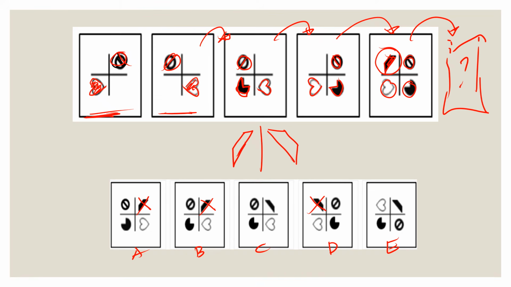Now, which among C or E do we choose? The other image on the top is the stop sign, so the one on the top should also be a stop sign. Now in letter E, what we have is a heart. So we would also eliminate E from our choices. So C remains.